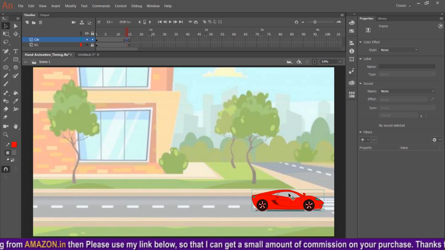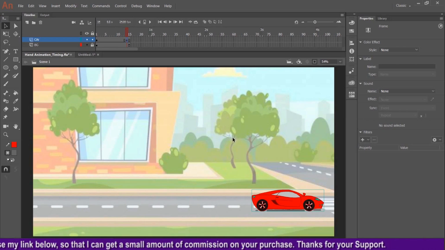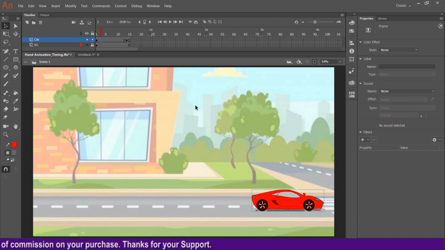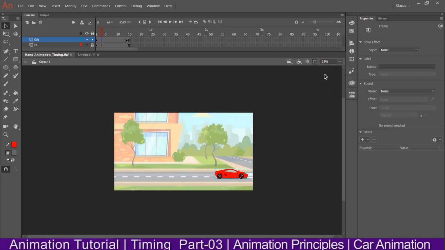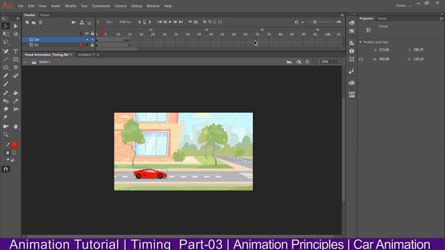For this, first I have marked the final position, the end position where the car is going to stop. So this is the final one, and this is the final keyframe where I'll keep the last frame. So the first one is also there, so I need to move it to the starting point from where I'll start my animation, but I should keep in mind that it should not be visible on the screen, so it will be off the screen. For that I'll come here and hit 25% so that I can see the full screen. But you can see that if I drag or move the car by pressing shift and left arrow key, it is going off screen and we can't see the car clearly.